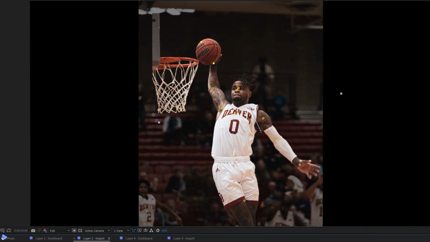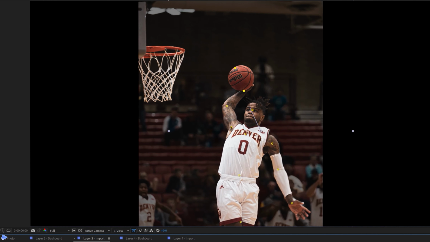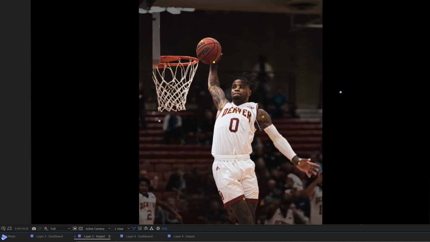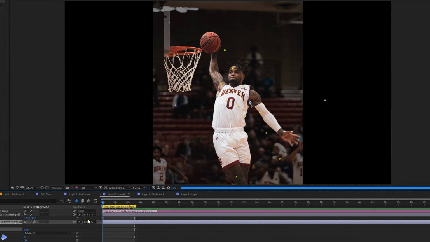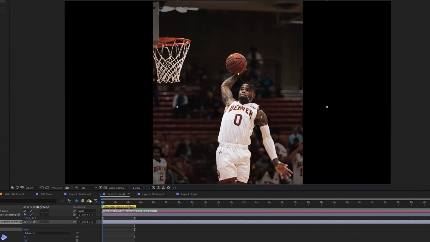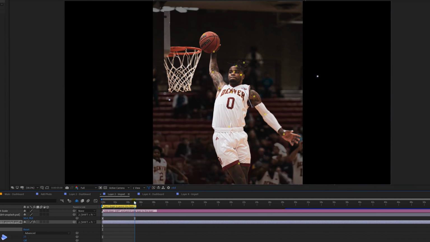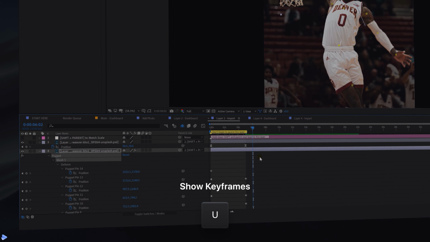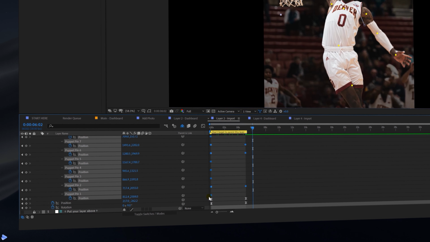Right, so with our movement done, let's look at how things are coming along. Very nice. Okay, so checking this out, there's one small problem here. We're not really seeing enough movement on his hair, which in reality would be moving with him, so this animation just looks a little bit strange. If we want to add further points, just bring your needle to the very beginning and add it here, after which move it to the 5 seconds point and then add the movement that you think it should have. So once again, just make sure to convert these new keyframes that we've created to easing so they fit this animation and the overall main one. Just hit U on the keyboard, then select all of these keyframes and then hit F9 to convert them to easing.